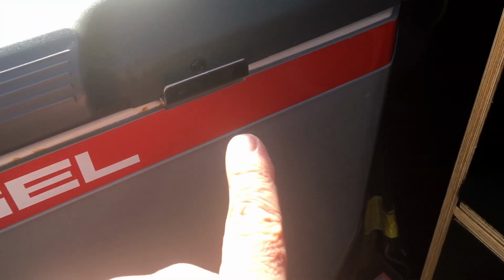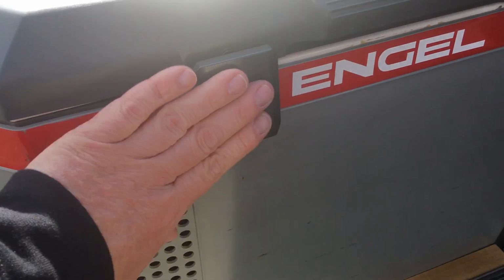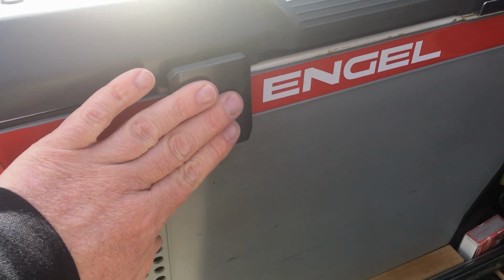I thought, well, I'll take one off, and that way it's easier to open and close. I've only got to do one, because at the end of the day, look, it's sealing, right? That's with it undone, that's with it done, that's sealed, that's tight enough right there. So I thought the other one's packed away for a spare. So I'm only going to have one clip, quicker and easier, does the job,